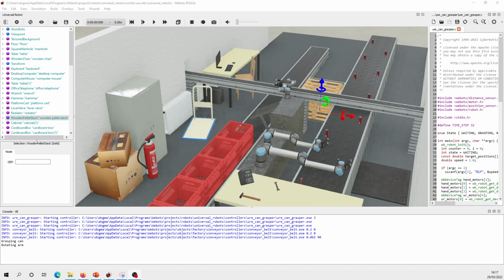Okay, so let's go back to the software. Now we are going to inspect the different main windows in the user interface. As you open Webots or any simulation, the main thing is going to be the 3D window, which is the one here in the center where you can see the different robots, the different obstacles,